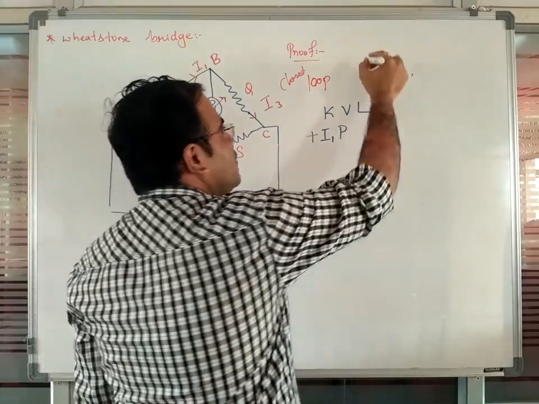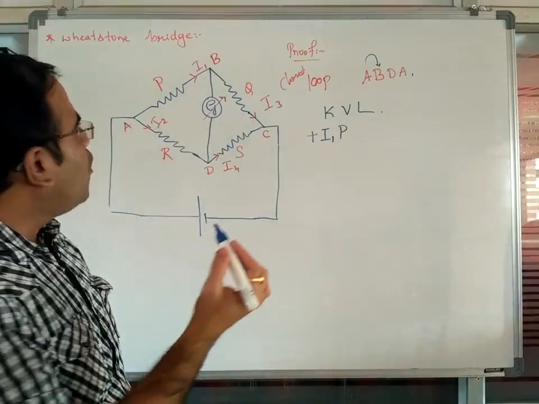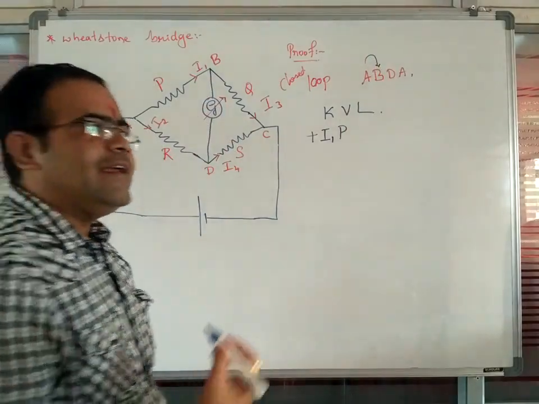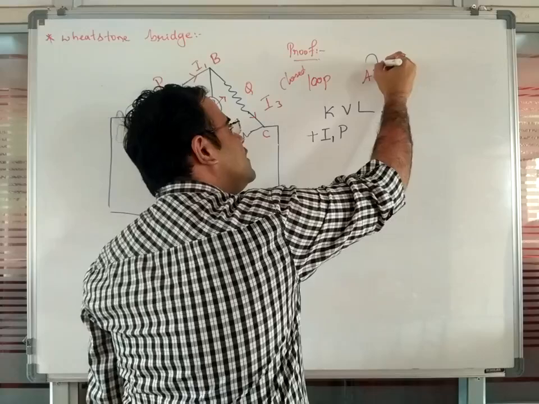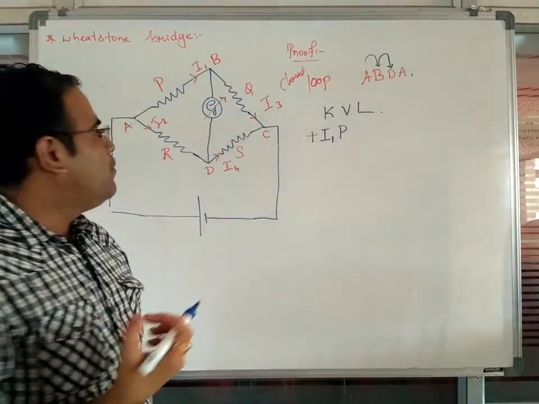Next, after coming from point A to point B, now you are going to move from point B towards the point D. In the sense you are going to observe the second branch, which is taken from point B to point D here.